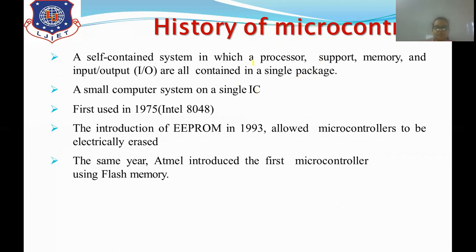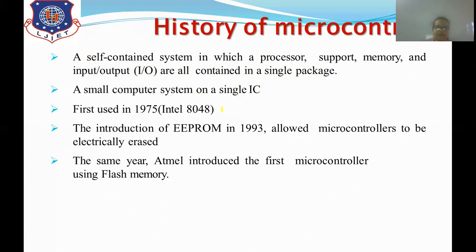So the controller itself contains a processor, and it supports memory and input output devices, which are all contained or embedded on a single chip, or we can say single package. A small computer system on a single IC.